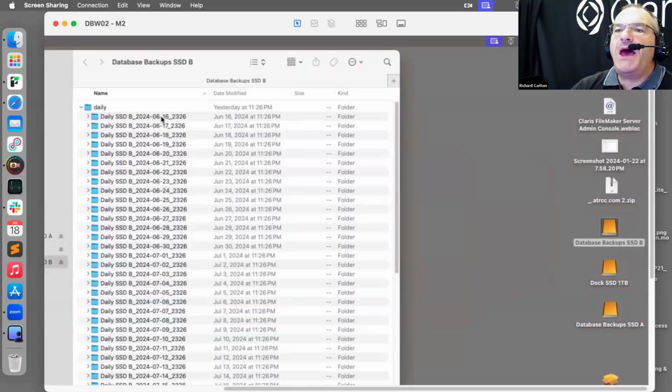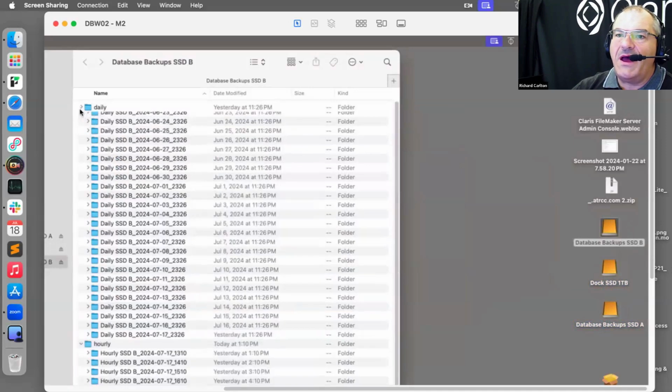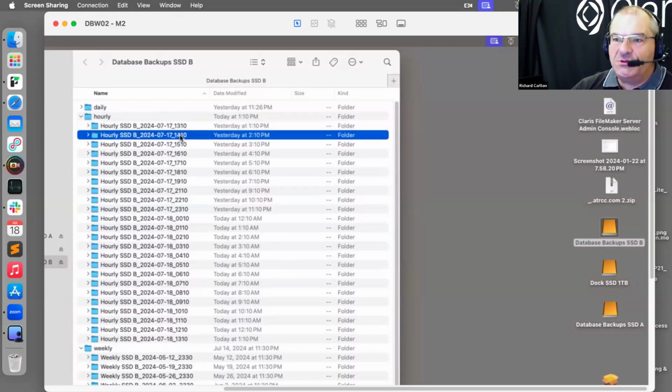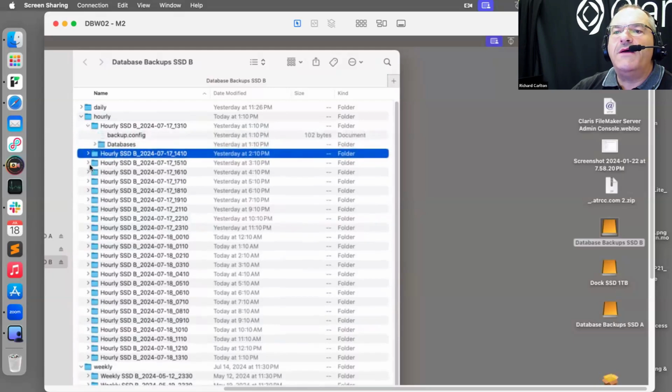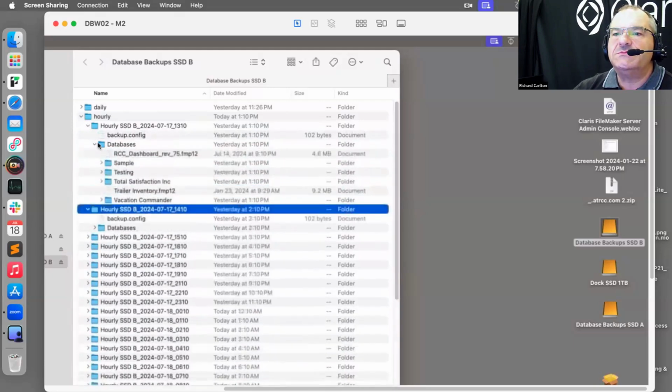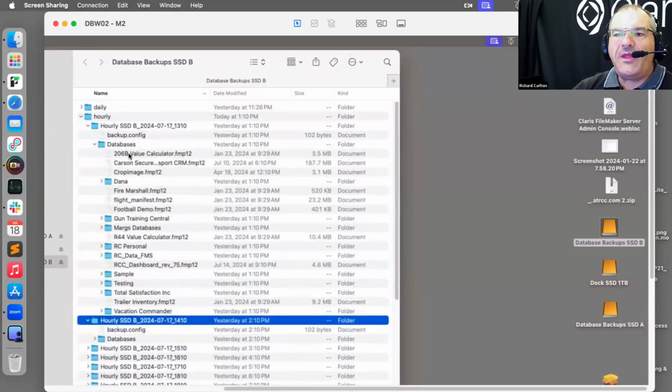If I open up this one right here, I'm just going to randomly pick one. So here is a backup that ran, a daily backup. It could be I have a daily and hourly. So here we go. Here's yesterday, 1 o'clock local time, 2 o'clock local time. The important thing to understand with hard linking, and this works on all the operating systems, is that